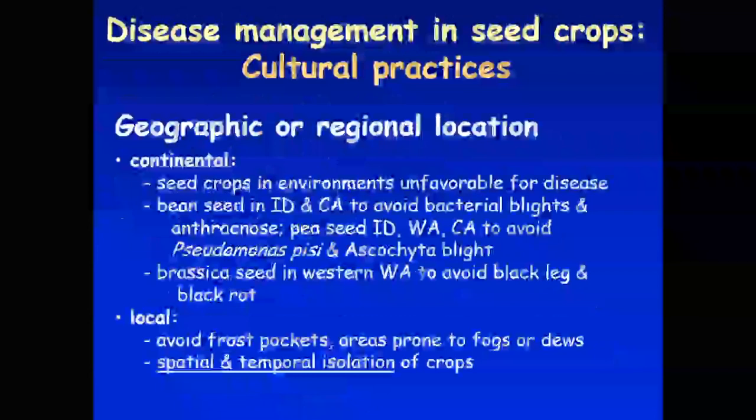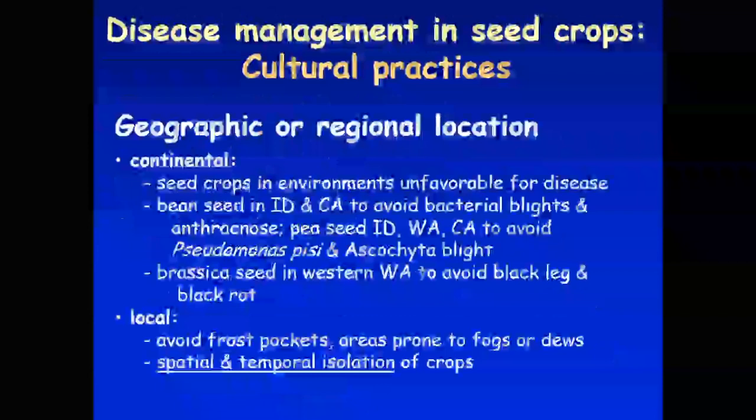Another example of regional location is brassica seed production. There's a lot of brassica seed production in western Oregon and also in western Washington. The Willamette Valley is quite a bit warmer in the summer than Skagit Valley, because Skagit Valley is right next to the Puget Sound with its cold waters. And it can be a 10-degree difference in maximum daytime temperature. It's amazing how much of a difference that can make in black rot disease pressure. I get more comments from seed companies about black rot showing up in brassica seed crops in the Willamette Valley than in Skagit Valley. Part of it is simply that temperature differential, because Xanthomonas likes heat. So it's part of the reason that Skagit Valley is a good place for brassica seed production: its lower black rot risk.